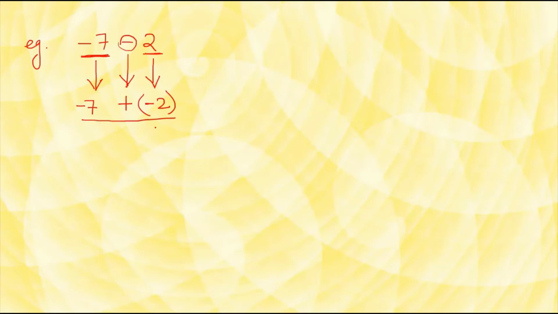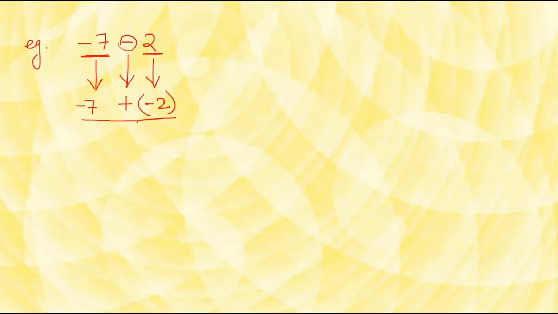If I take an example of -7 minus 2. So the first number, the first integer in our sum, we are supposed to write it down as it is. Then later on, this minus or subtraction operation which we have here is going to get changed into addition. And then the number 2 we have as our second integer is going to get changed into its opposite number, that is -2. And then we are going to perform this equation, -7 plus -2.